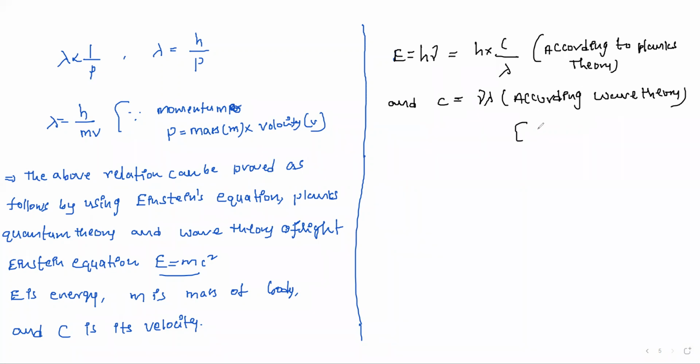So nu equal to c by lambda; instead of nu, we wrote c by lambda. This is equation number 1. But according to Einstein,